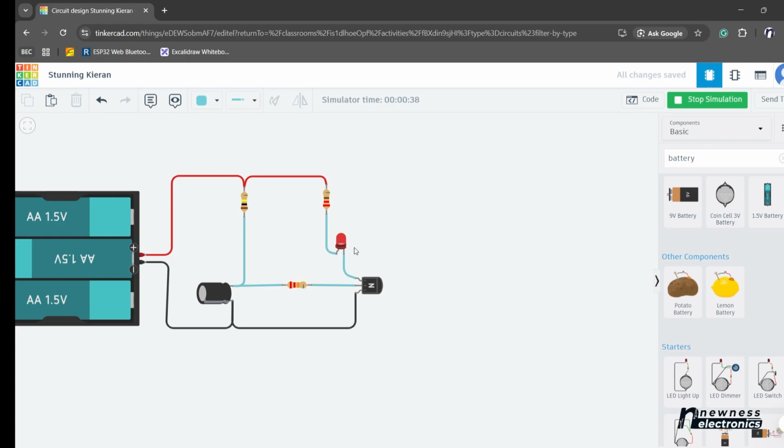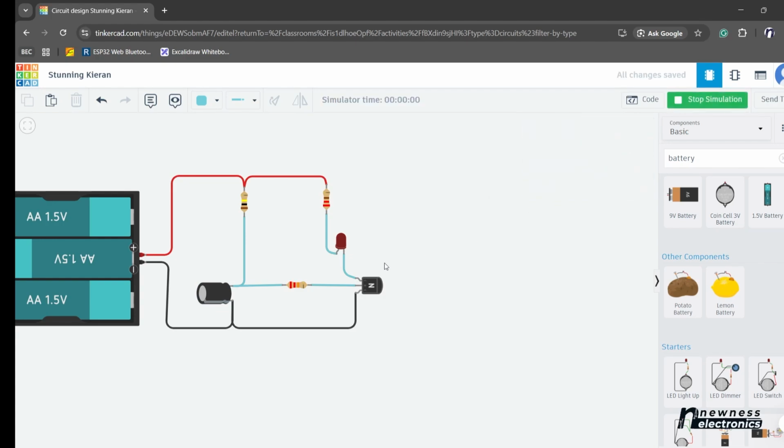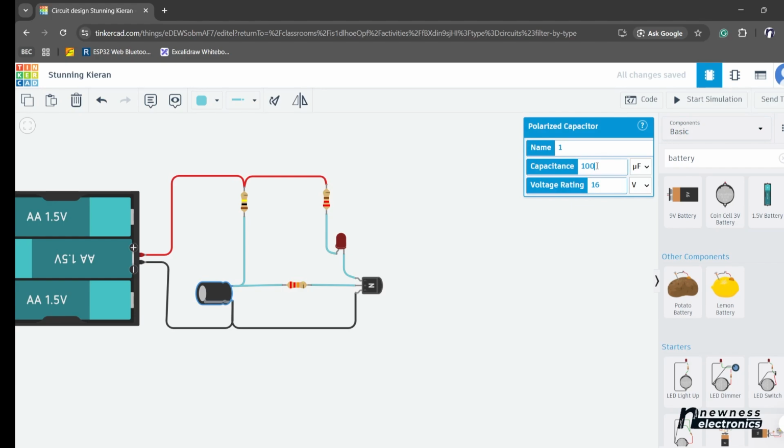Now, what if I want to reduce how long it took for it to turn on? I can just reduce the value of this capacitor. If I reduce it to 100, let's see, you see it's going to be faster. You see now, under 4 seconds, it's already fully on. If I make it 10,000 microfarad, oh, let's not push it too far. Let's make it 2200